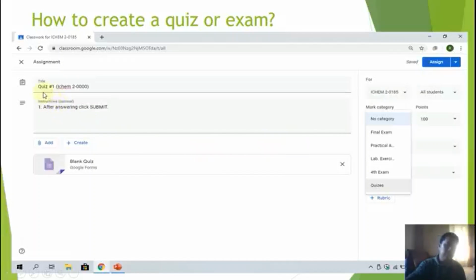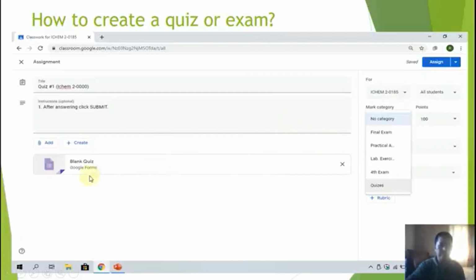After you type here, so now I type quiz number 1, open and close parenthesis, IChem, which is my subject, and the class code 2-0000, and here I type the instruction. After answering, click submit. When you type here, the assign button is highlighted into blue or whatever color.